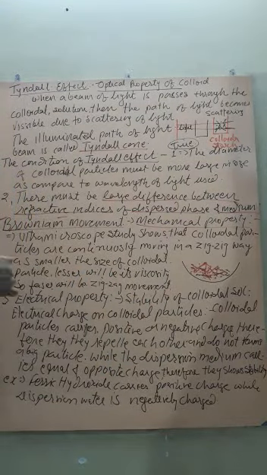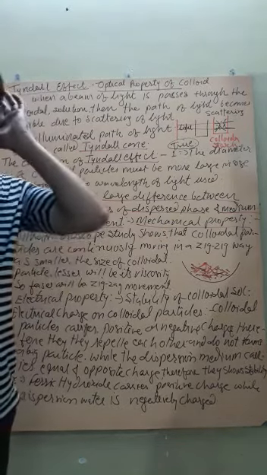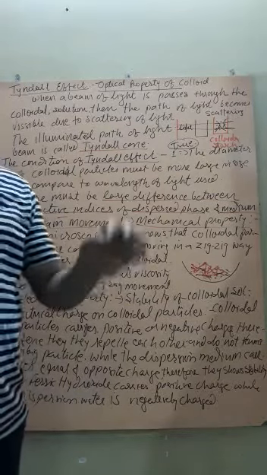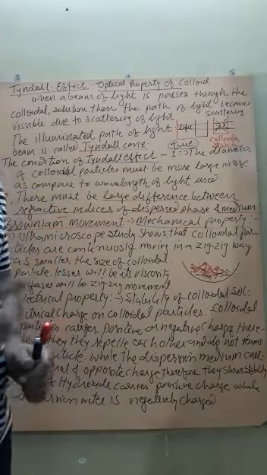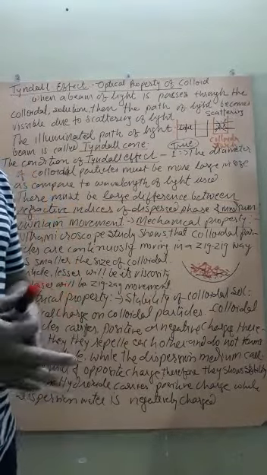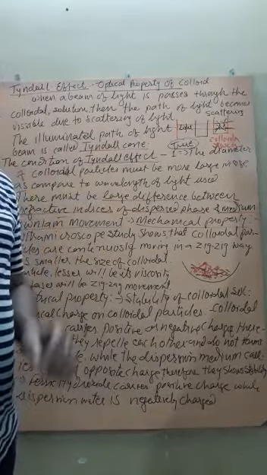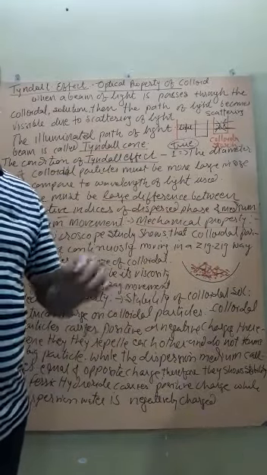Third one is the electrical property. Now student, in the differences we have seen that colloidal solutions are stable in nature. Stable, that is, they do not settle down. That means their particles are always in motion, moving here and there. What is the reason of it? The reason is that all the colloidal particles have an electrical charge. They are either positively charged or negatively charged, while the medium in which they are kept has the opposite charge.